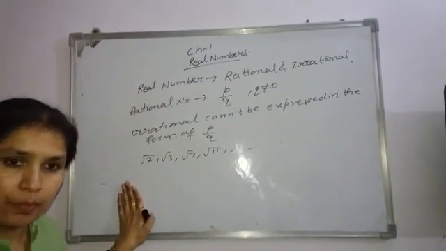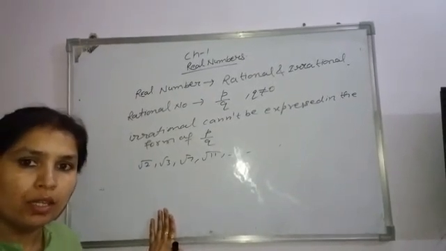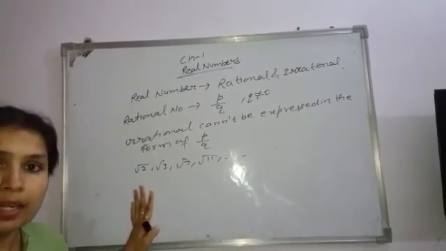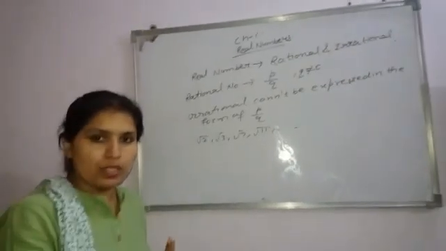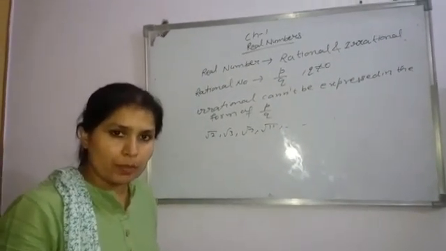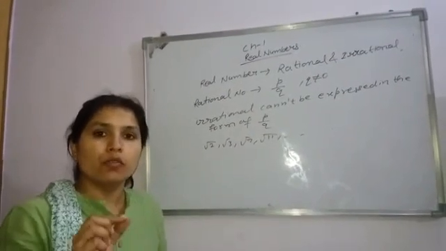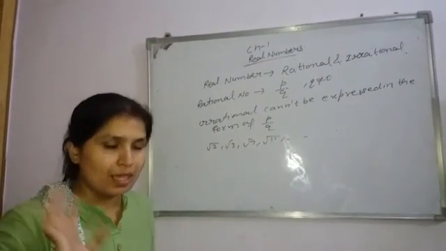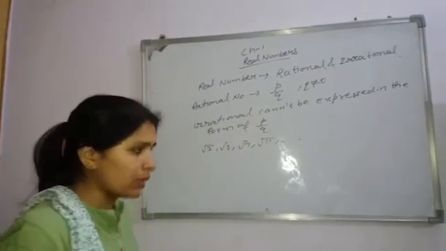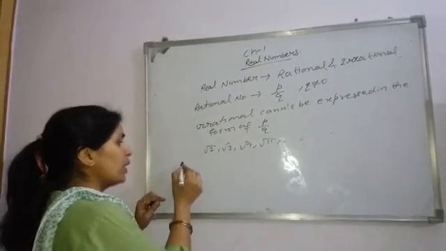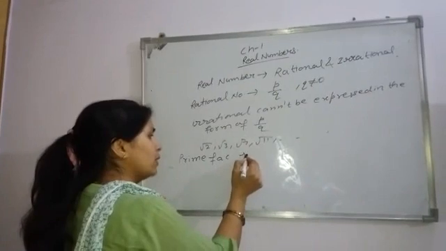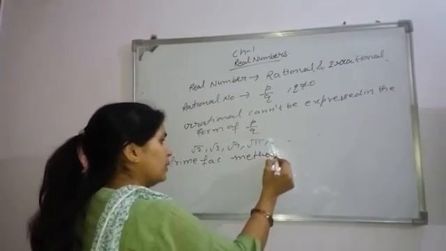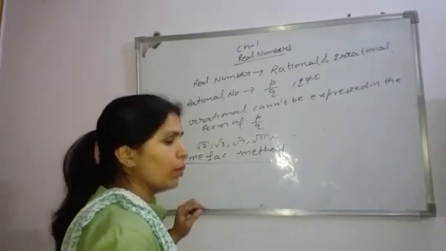Now next, we want to find out the HCF and LCM of numbers. So we have two methods. First one is the prime factorization method, and second one is with the help of Euclid's division lemma. You all know these two methods. Now first one is the prime factorization method. In this method, suppose we have two numbers.